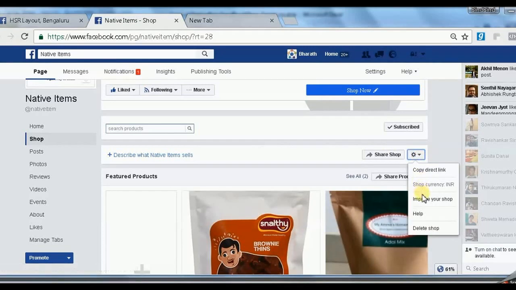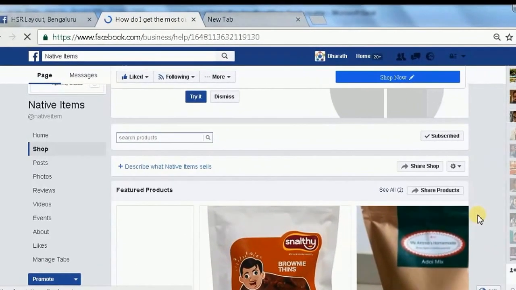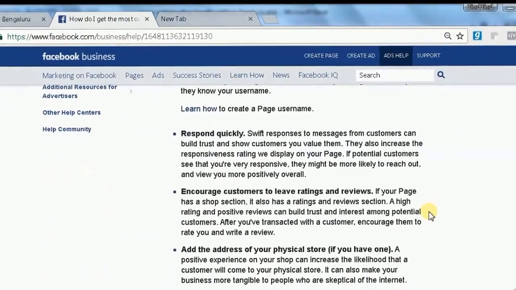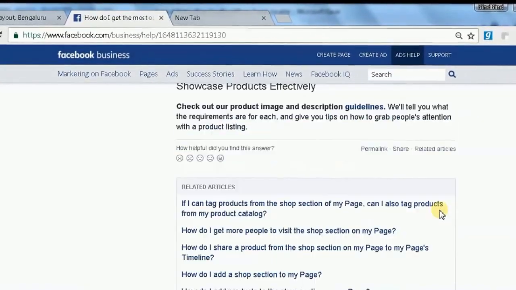Here you can even delete the shop, or you can improve the shop. If you click improve shop, you can go to the Facebook page help documents, and you can get the most out of your shop by going through these articles.